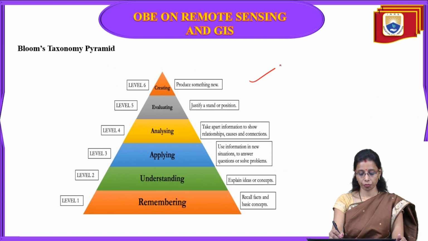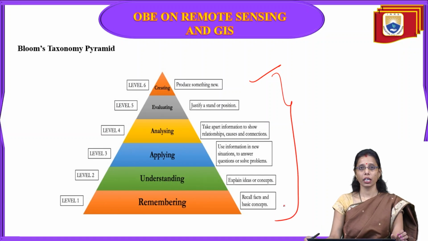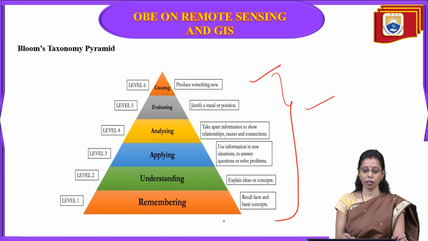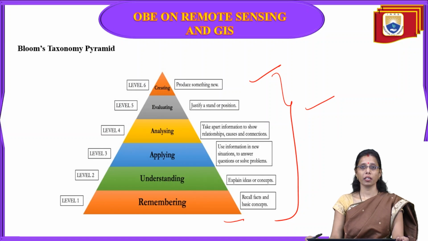Now coming to the Bloom's taxonomy pyramid. In outcome based education, the student has to go through all the levels of learning. So we have different levels here. When a student is able to answer questions, it shows how he is able to implement them and in which way he is going to take the question. We have different Bloom's taxonomy levels: whenever a question is asked to the student, it belongs to a certain level, and that determines which level he can answer at and what type of answer he has to give to such a question.